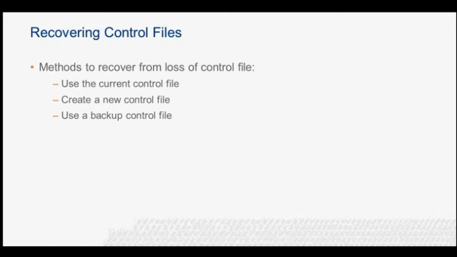Use the create control file command to create a new file. To do this, we must know all of the files for the database. Backing up the control file to trace on an occasional basis facilitates this process. Third is to use the recover database using backup control file command. This is necessary if all control files have been lost. If our database is properly configured with mirrored control files, we minimize the likelihood that we will experience a loss of control files.